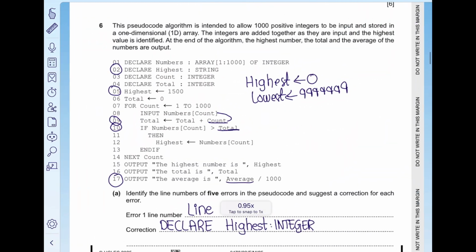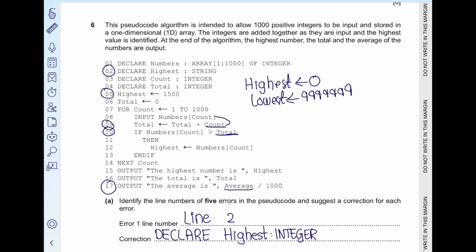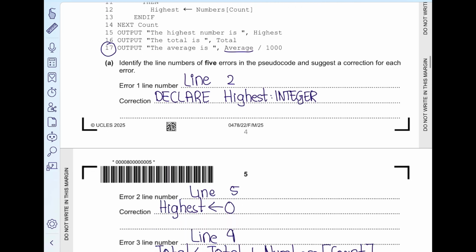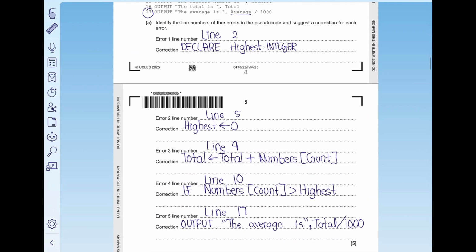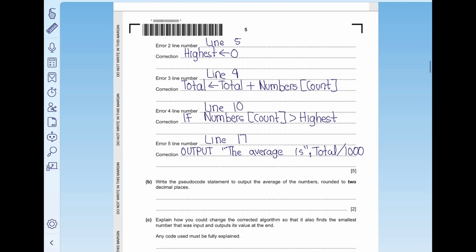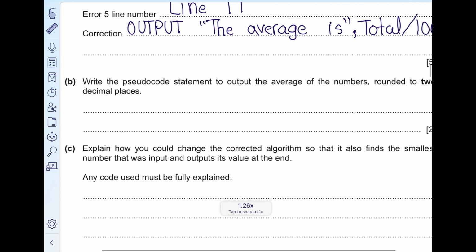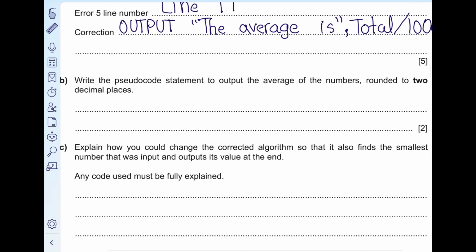So this is the code. If you want to refer to it as well, you can take a screenshot, and these are the 5 errors that I have identified. Okay, now we'll move on to the next question, which says write pseudocode statement to output the average of the numbers rounded to 2 decimal places. Okay, so let's say it, now remember we do not have an output variable, so we're going to say output